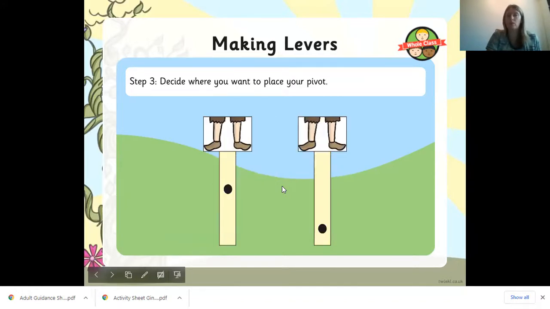Decide where you want to place your pivot. Okay, so the best way to do this is to just experiment and try. If you put your lever onto your paper and put your finger where the black dot is, and then move your lever around, see whether it achieves the effect that you want. Then you could have a go at moving it up slightly, hold it in place with your finger and just slide it around, just to test out